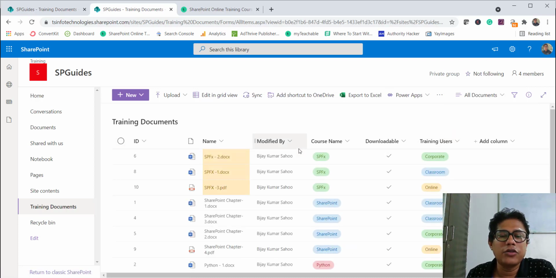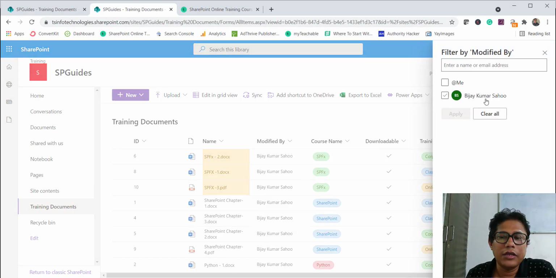For example, let's say you want to create a view based on the modified by user, or you can see here if you put @me, that means for any logged in user, when they open that, they can only see the documents that were created by them. In this case I have modified every document.